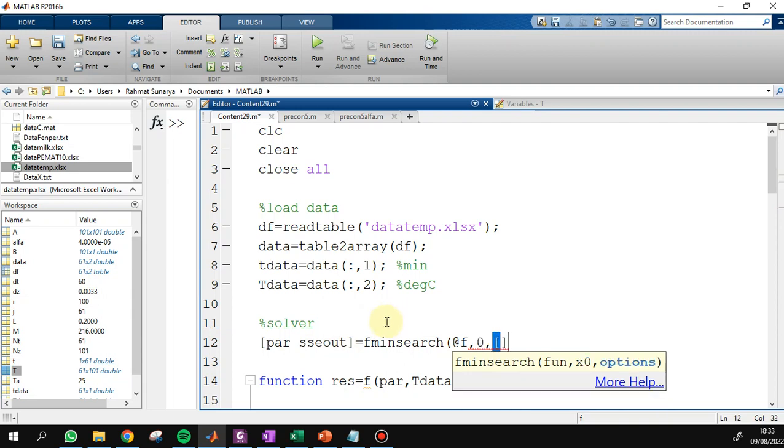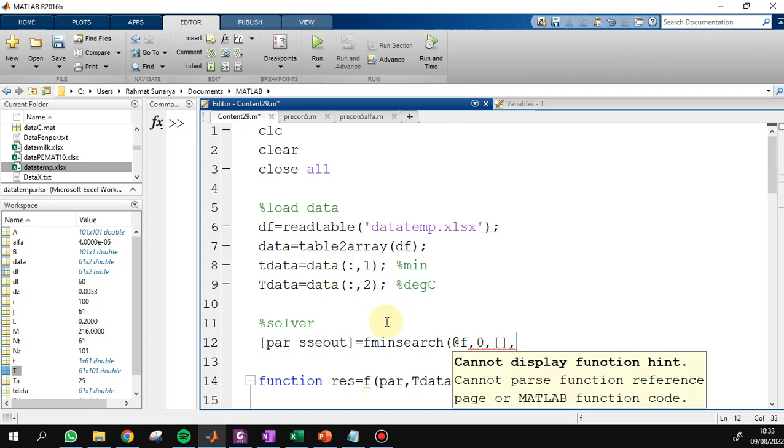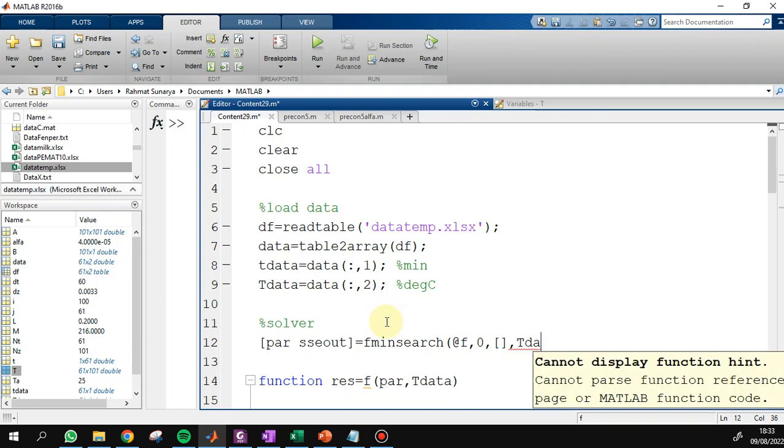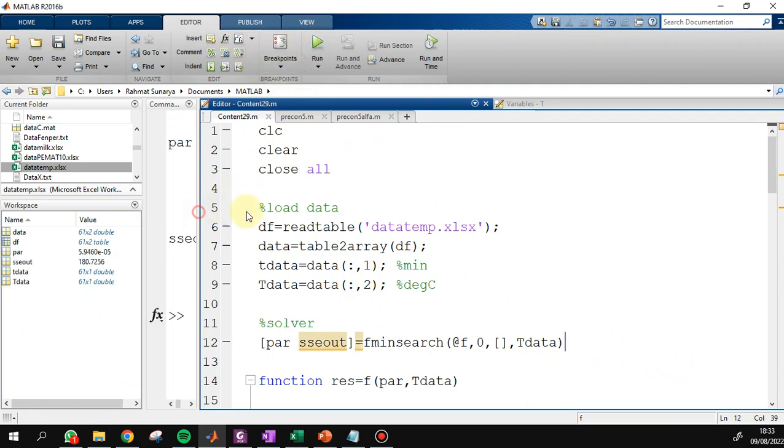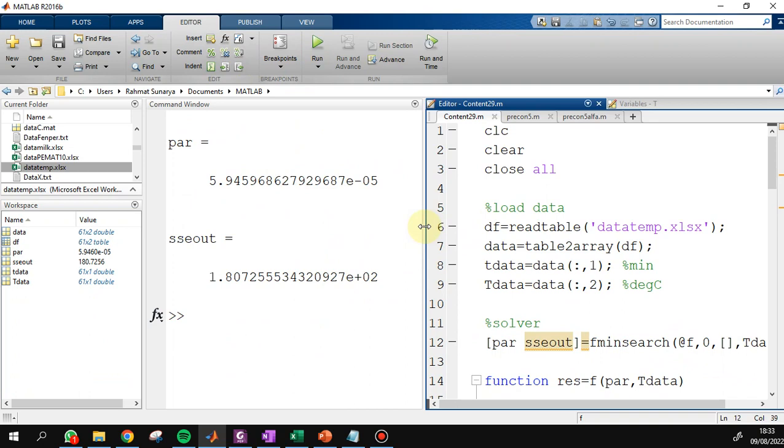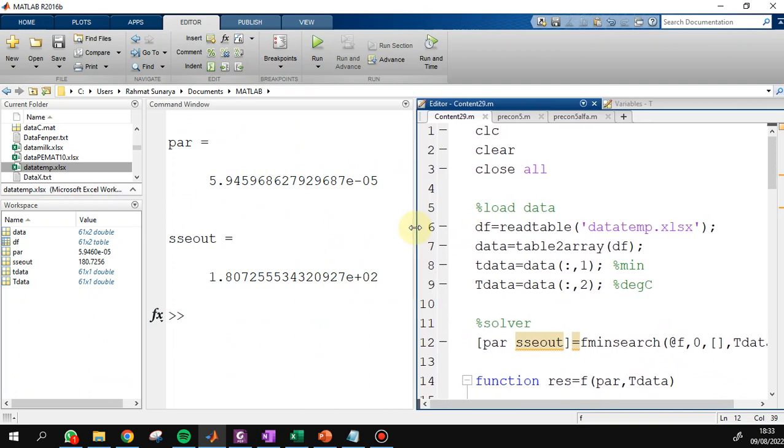Options: we need to supply the data, T-data. Run.